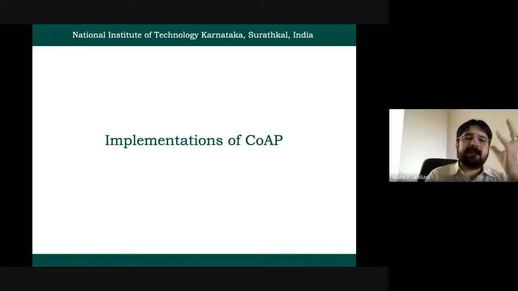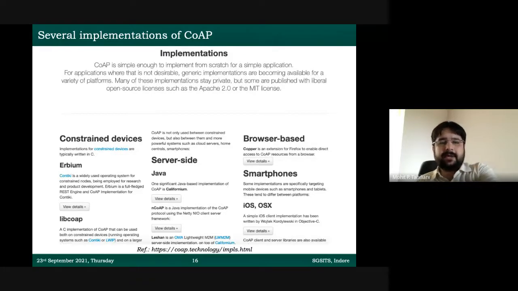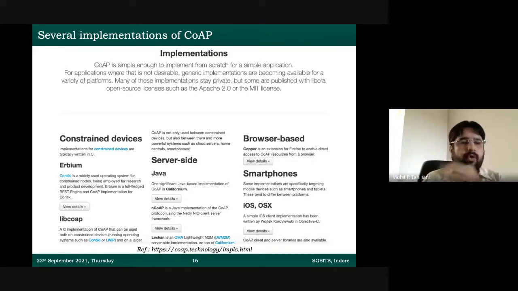Now, briefly touching upon the implementations of CoAP, I would recommend everybody to go to this website, which reference I have given in the bottom of my slides. You can see https coap.technology. Just go there and there is a button called implementations and you will get this web page. I have taken a straightforward snapshot of the web page. Go there and you will see so many different implementations of CoAP.